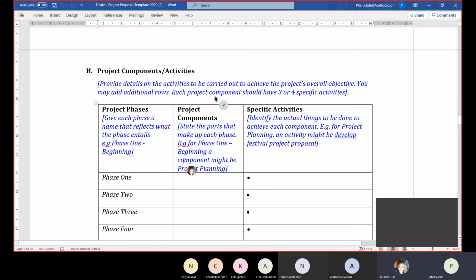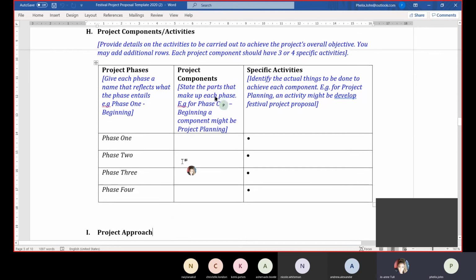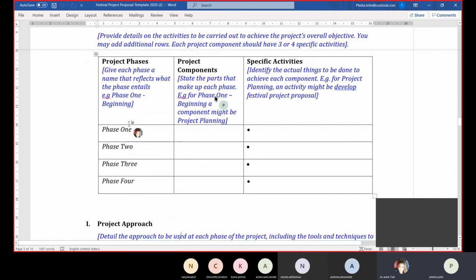And this is to be filled out based on breaking down the project into the components according to the project life cycle. So we come back to the same life cycle lecture that Mr. Bray would have given us. So if we don't remember, we can always go back to that and look and see what she taught us about that aspect. And the idea is that for every phase,